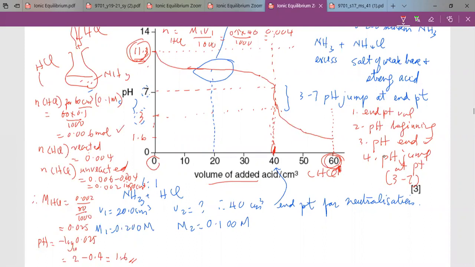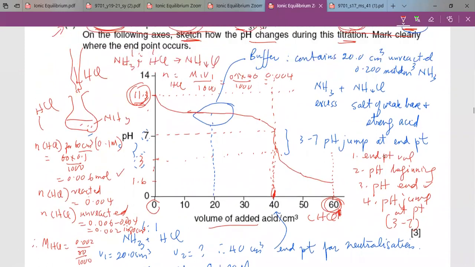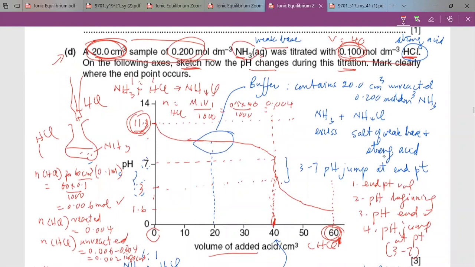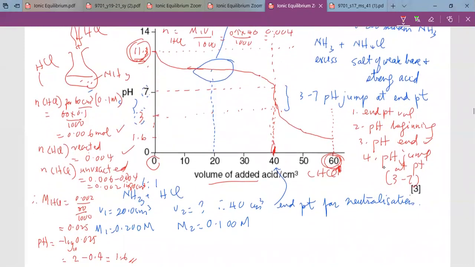Now, the amount of HCl reacted, of course, is 0.004, because of the amount of ammonia here. Number of moles of ammonia equals MV over 1000, which is 20 times 0.2 over 1000, which is also equal to 0.004. So the same number of moles of HCl reacted. So the number of moles of HCl unreacted is 0.006 minus 0.004, equal to 0.002 moles